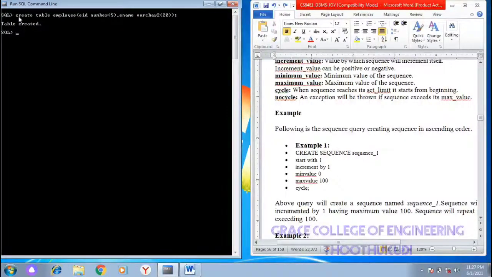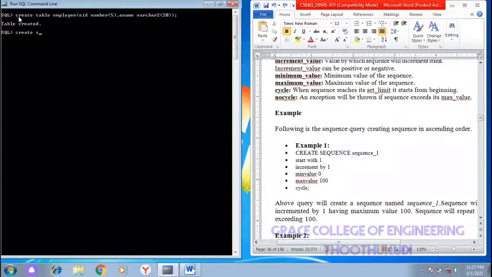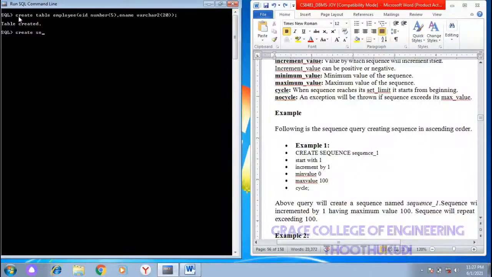After that, create a sequence. Okay, so for creating a sequence, the syntax is create sequence, then the sequence name.